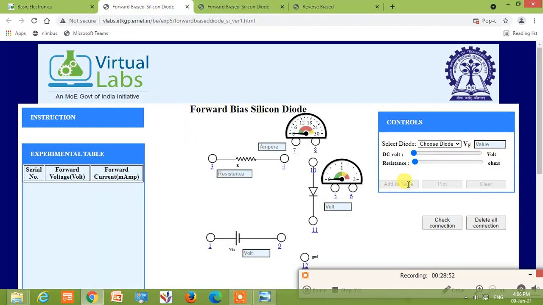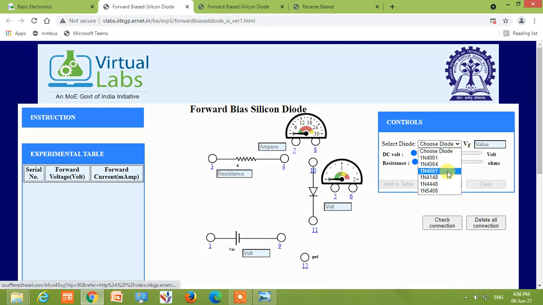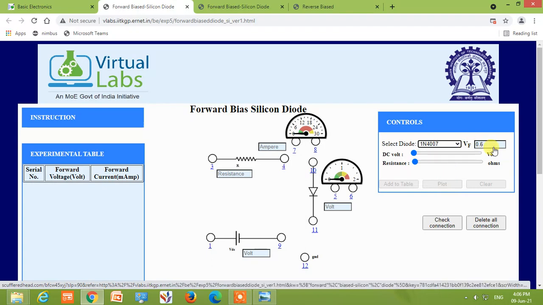First step, choose the diode. Let us choose 1N4007. Forward voltage is 0.6 volts. Now we have to connect the points to make a suitable circuit. Here we have option to check the connection or delete all the connections. So if we just point on this instruction button, we will get all the instructions.